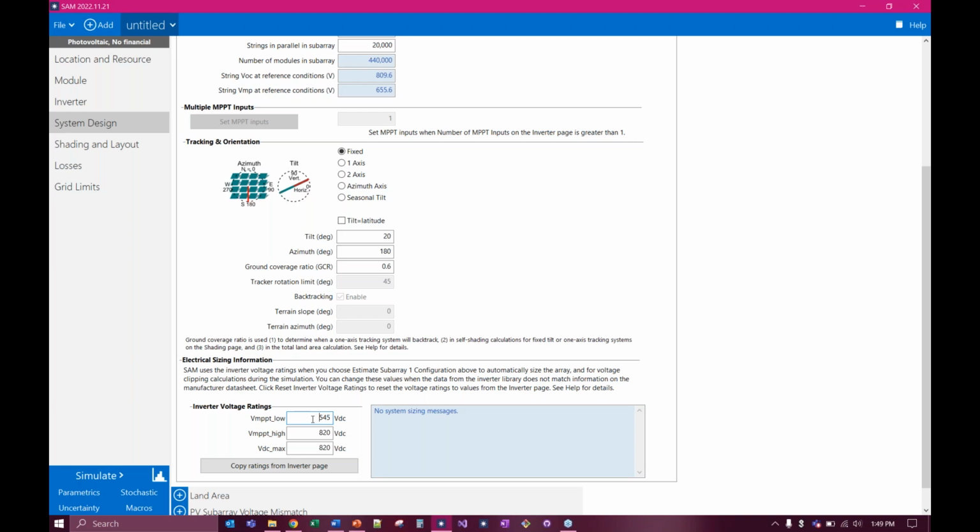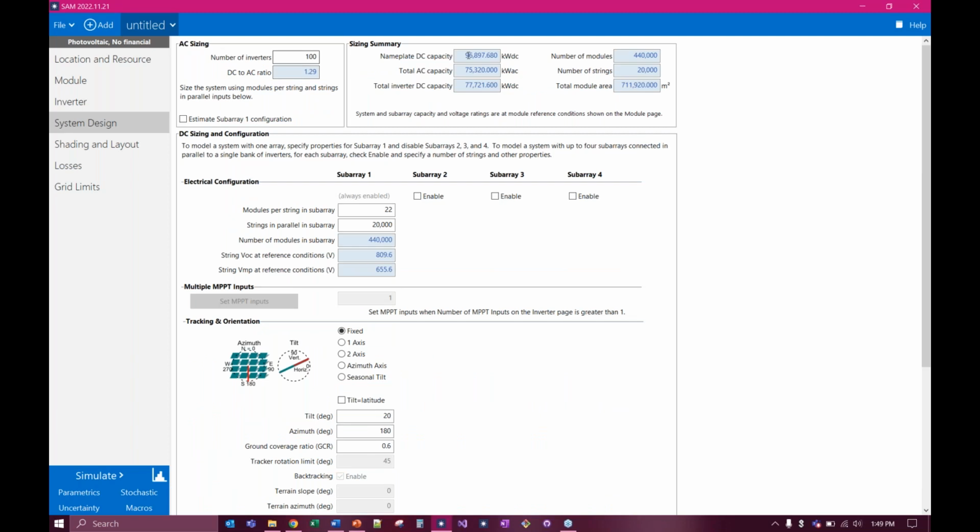So what this means is that for an installed system, you might install more DC capacity, so modules, than your inverter's AC capacity is capable of handling. And the ratio between the rated power of the DC side of the system and the rated power of the AC side of the system is what we call the DC to AC ratio. It is pretty common to see DC to AC ratios over 1, averaging more like 1.2 to 1.3 for utility scale systems,